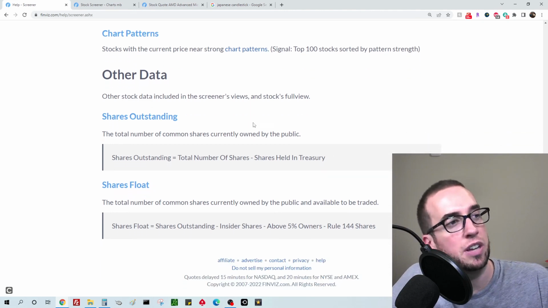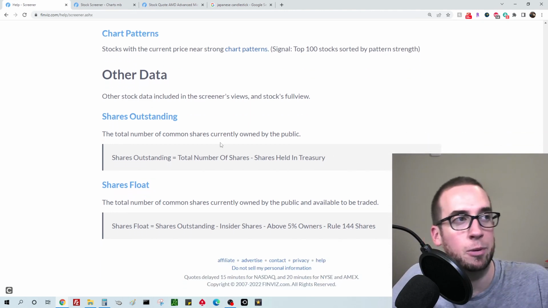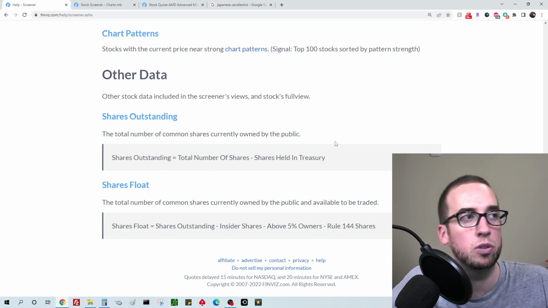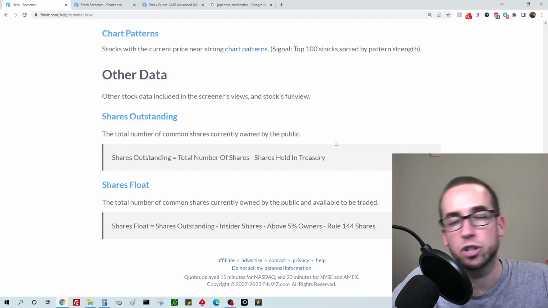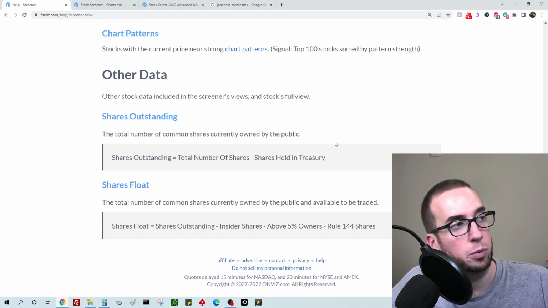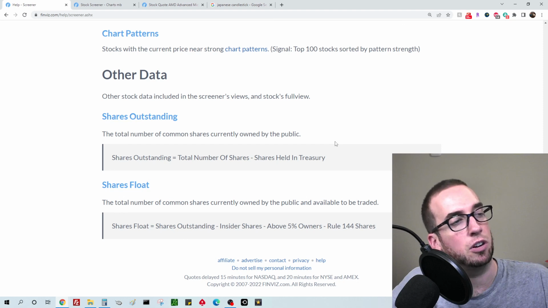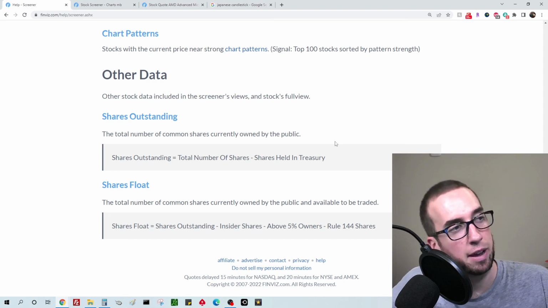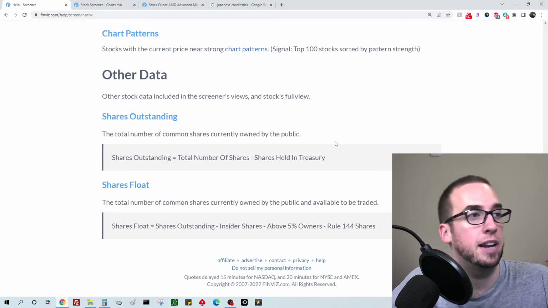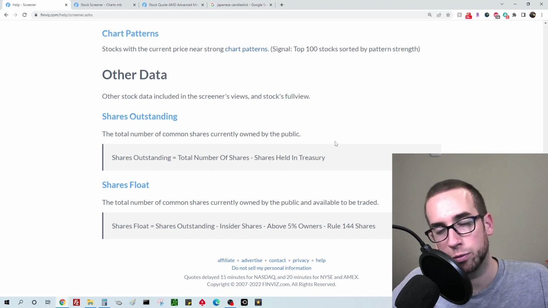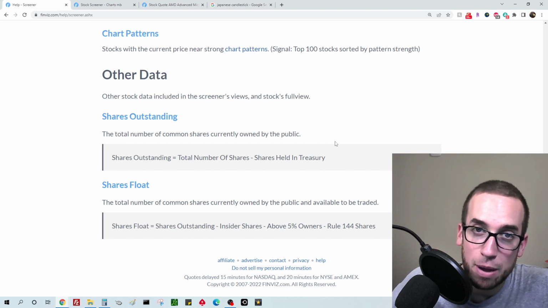So shares outstanding equals the total number of common shares currently owned by the public. Shares outstanding equals total number of shares minus shares held in treasury. And then we have shares float, which equals the total number of shares currently owned by the public and available to be traded. Shares float equals shares outstanding minus insider shares minus above 5% owners minus Rule 144 shares. And that wraps up the Finviz